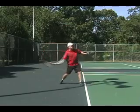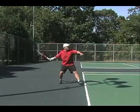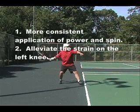So after seeing this, you may ask yourself, why would we change this forehand? Well, a couple reasons for that. First and foremost, the player's most common error is to hit the ball long due to insufficient topspin on the forehand. This student has also been plagued by left knee problems, and this is due largely to the fact that